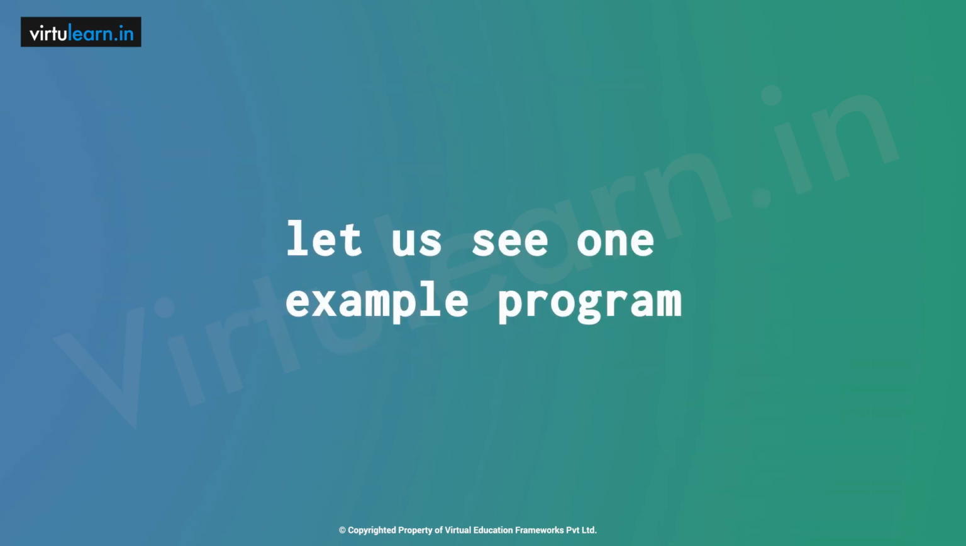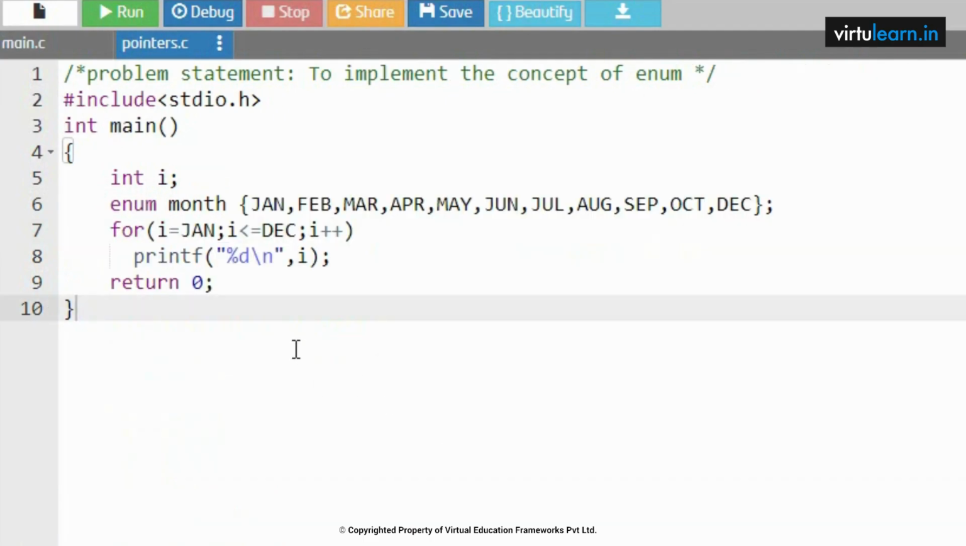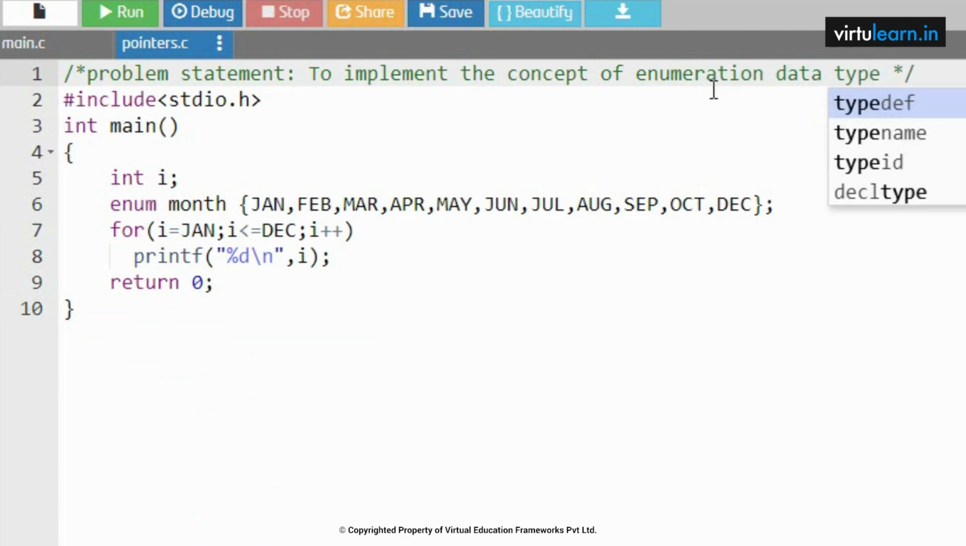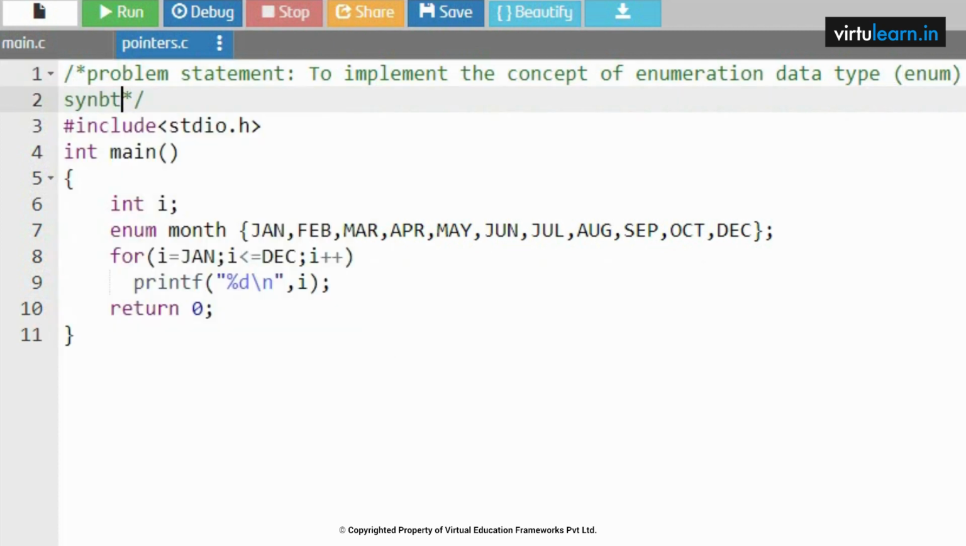Let us see one example program. The next problem statement is to implement the concept of enumeration. So, enumeration is a data type, and the keyword for this is enum. And the syntax for enum is